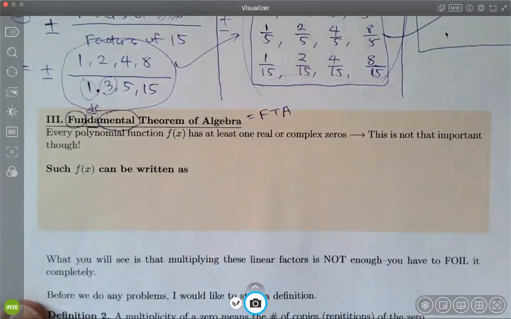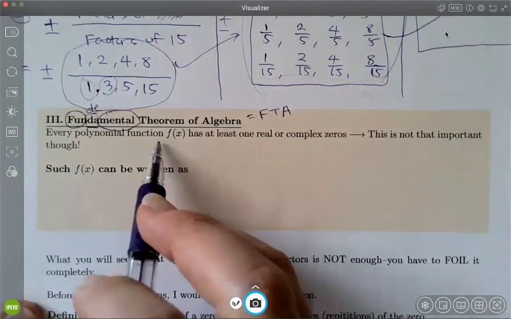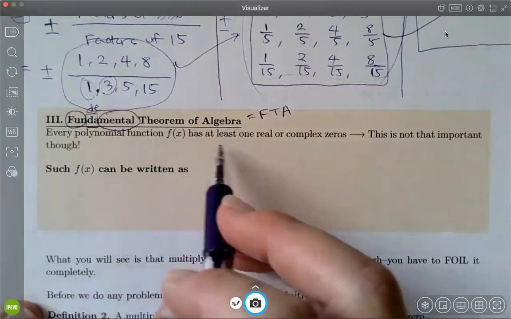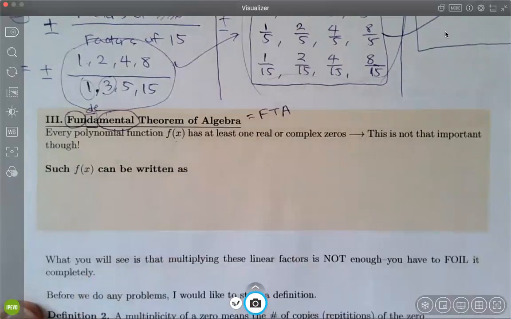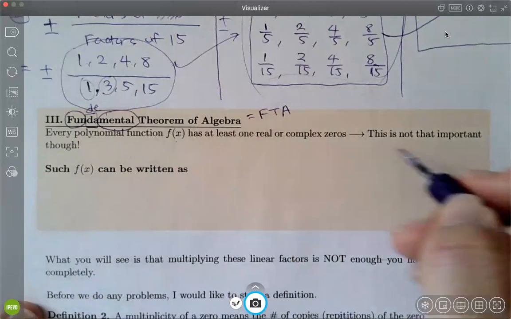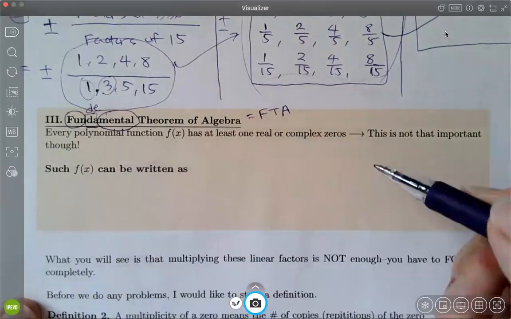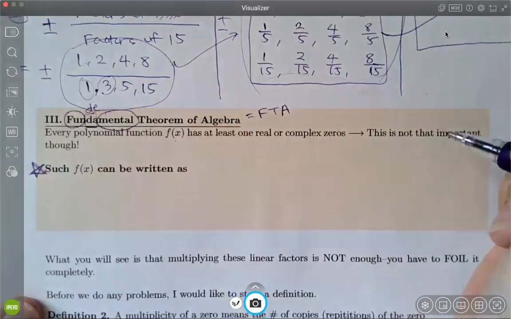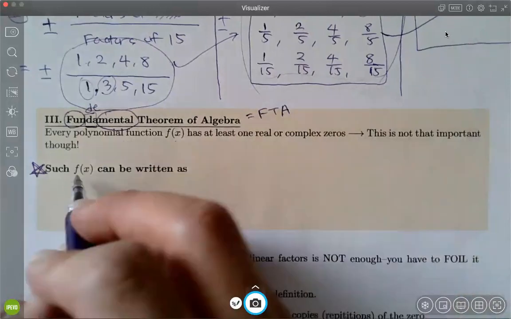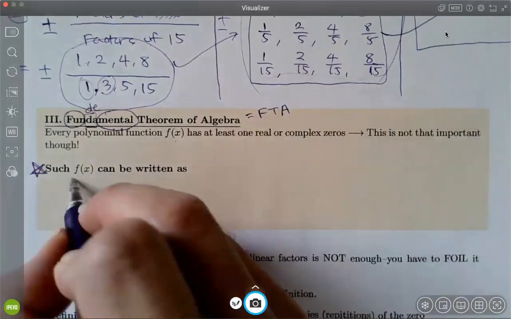Now, it goes like this. Every polynomial function f of x has at least one real or complex zero. Okay, so what? This is actually not that important. What's important is this extra note from the FTA. Such a polynomial function f of x can be written as,